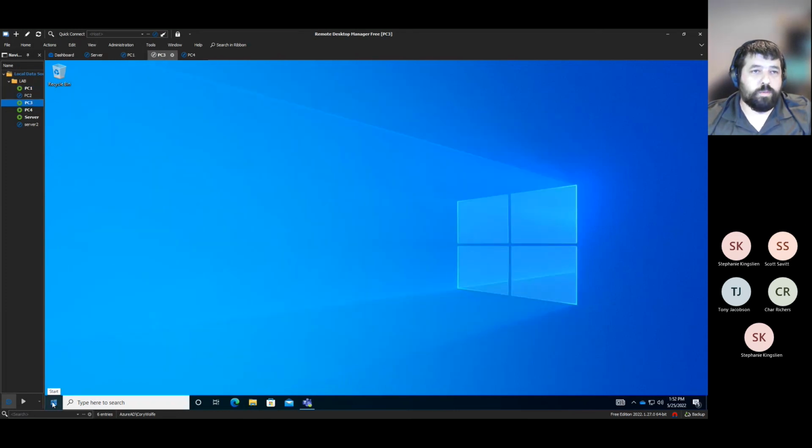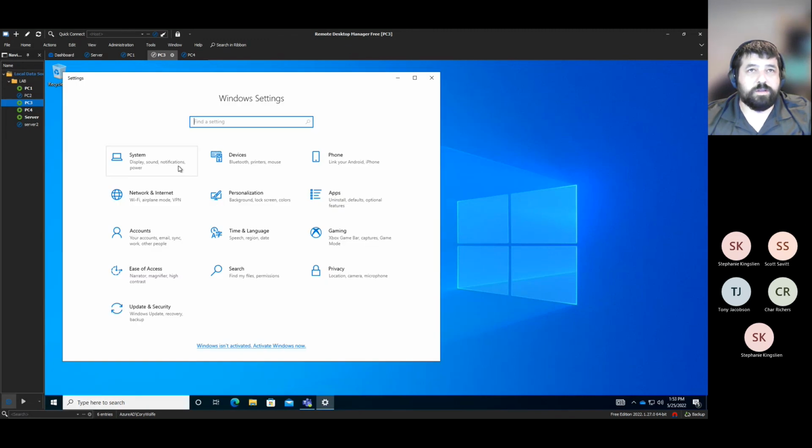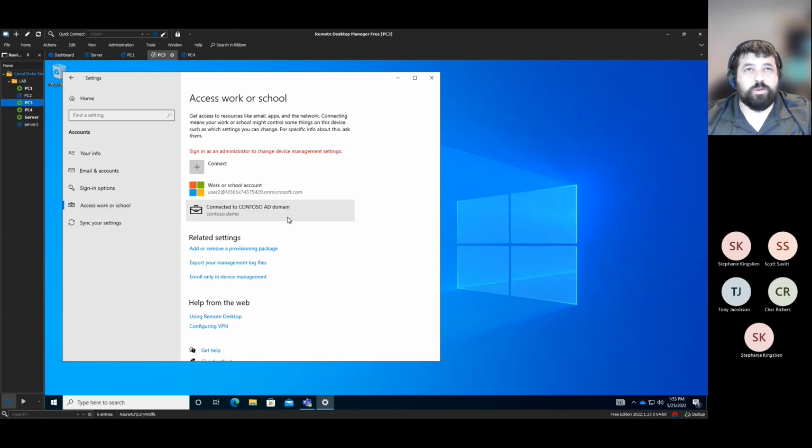PC3, as an example here, pull up the settings for us to look at here. You will notice it is registered to the on-premise domain, which is contoso.demo, but then it's also registered to Work or School, which would be the 365 account. And so this one here,